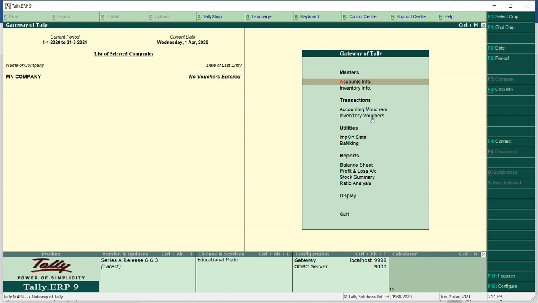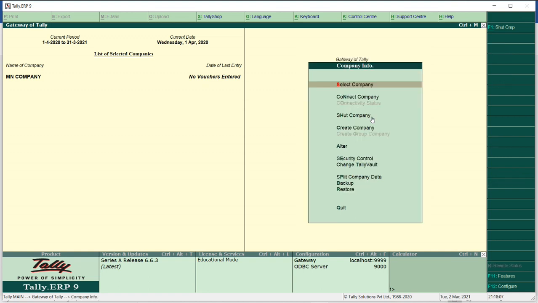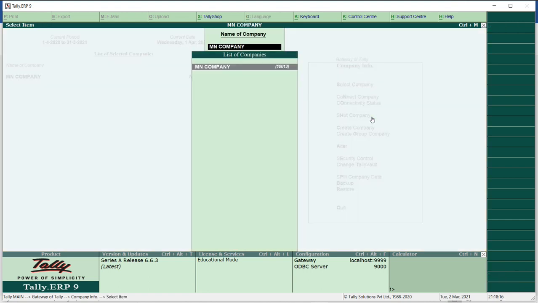After creation of company, we have to alter the company and delete the company. It can be done by using Alt plus F3. In this environment, click on Alt plus F3. Here you can alter the details of your company. See, I'm going to alter the details of MN company.